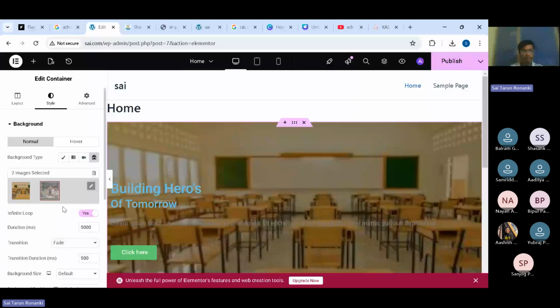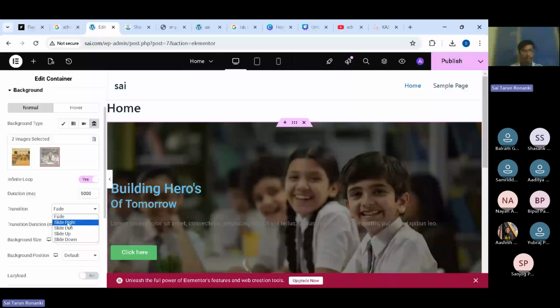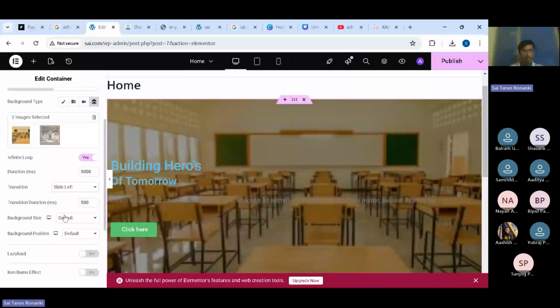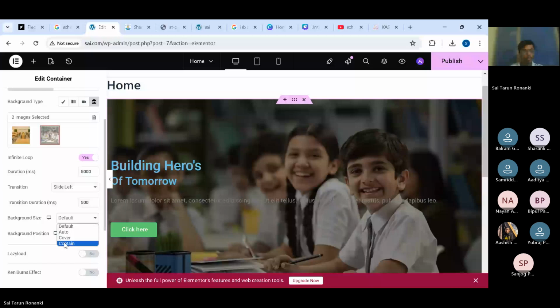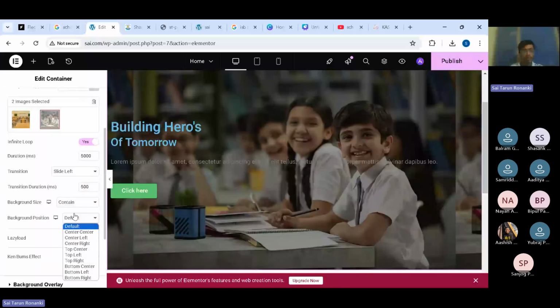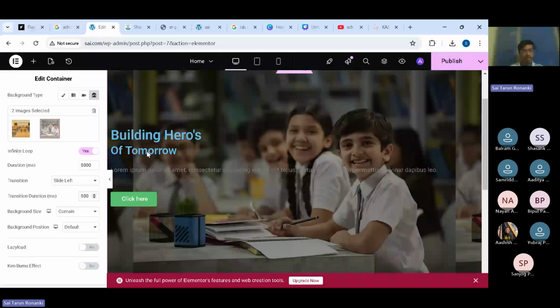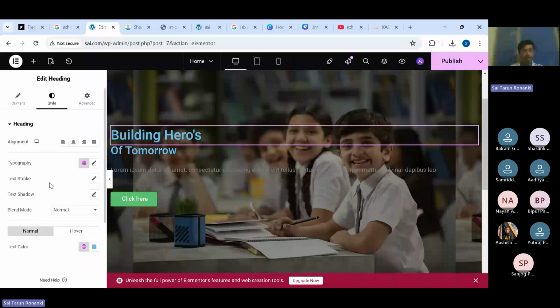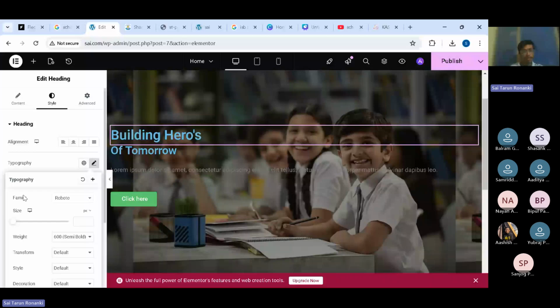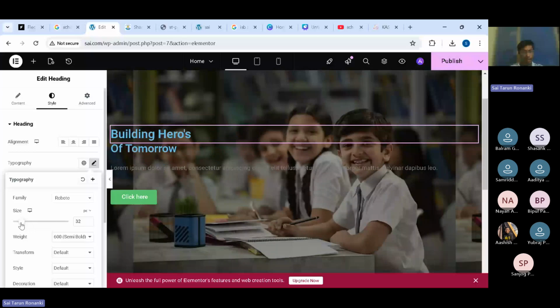We'll click it to slide left, and the background side is like, we can click content. Position, you can select the position also. So for now, we'll keep it default, and this is content. And coming to text, we'll increase the text size. To increase the text size, we have to come to typography and increase the text size from here. Like we'll keep 35